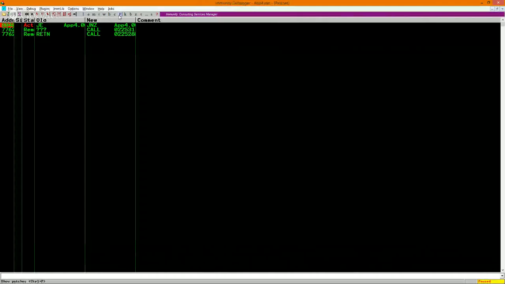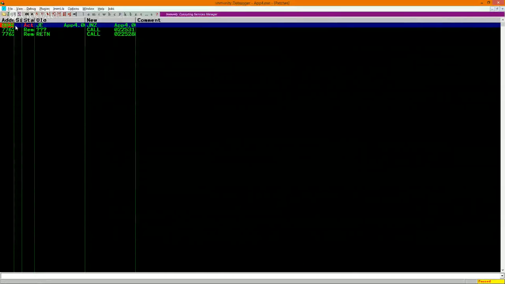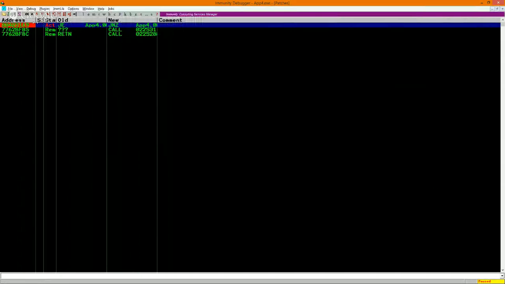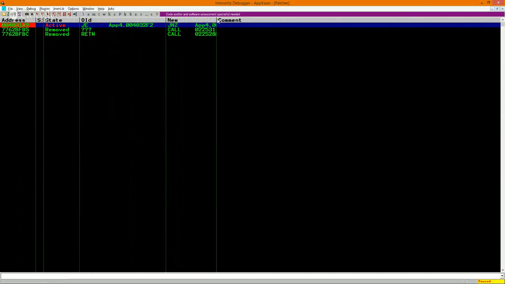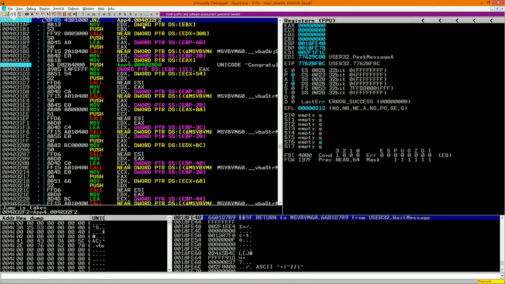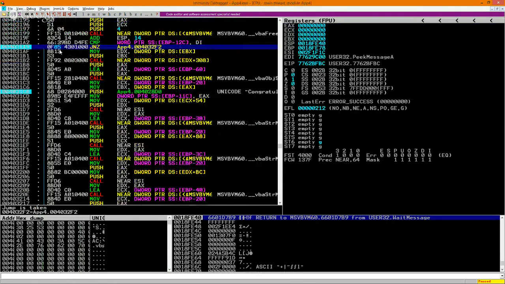I'm going to look at the patches so I can see right here at this address space. Okay, so basically we can see that right here I changed it from JE to JNZ. And if I click that, I can actually see that right here, this right here